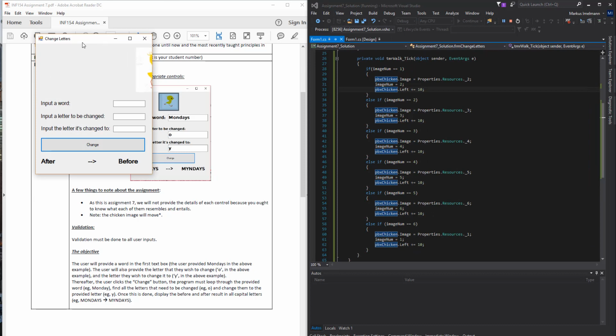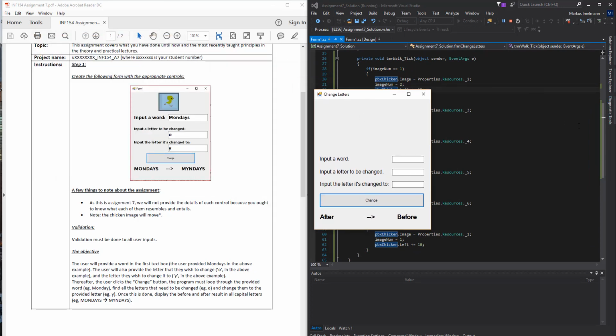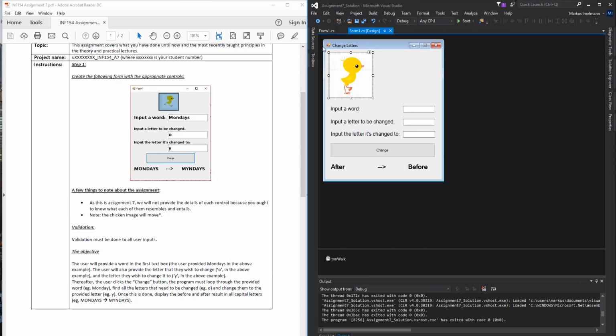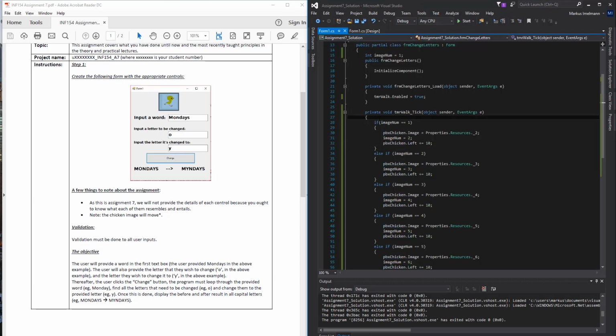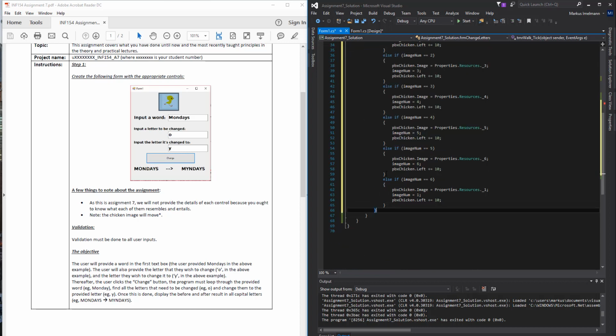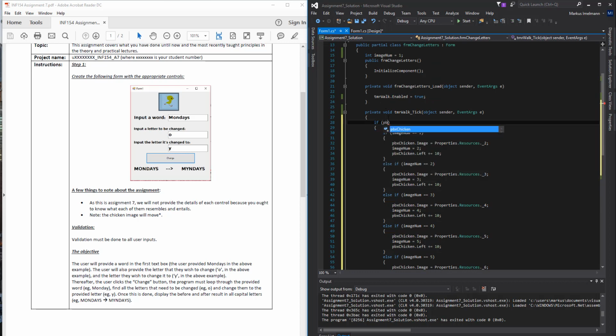So there we go. Now my chicken walks across the screen, but now it disappears over here somewhere. So what do we have to do? Every time he reaches this side, we're going to make him reappear on this side. So what is this side? It's basically just the width of the form. So we're going to check if, let me just group this, if pbx.Left is greater than or equal to this.Width. So if its left location has reached it or gone beyond the width,